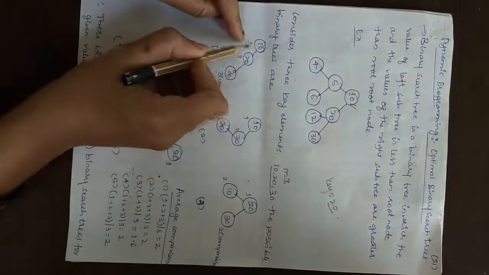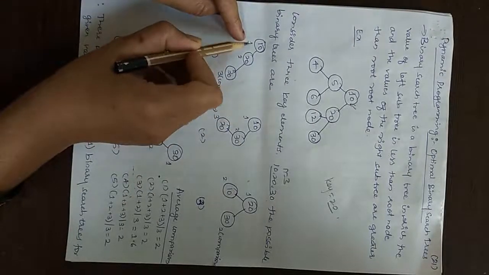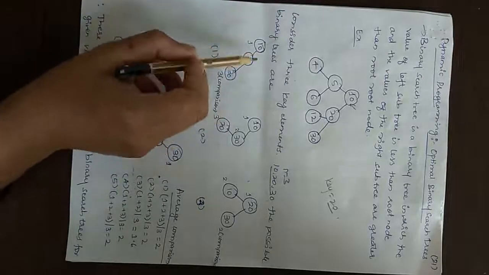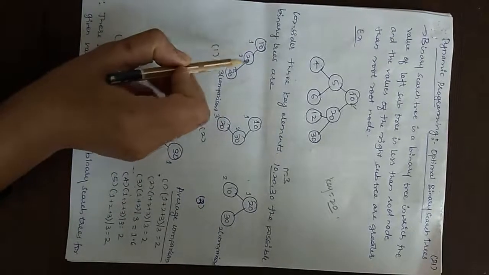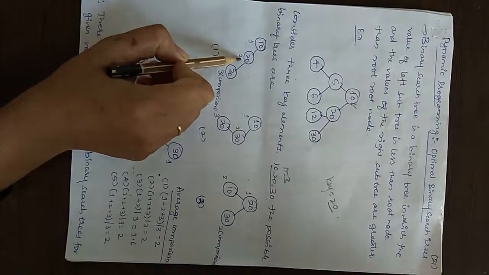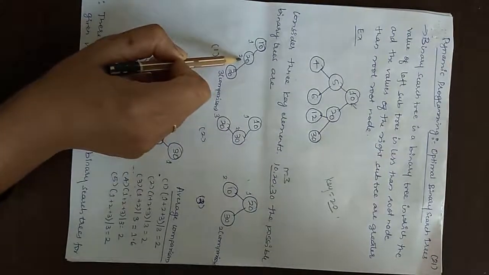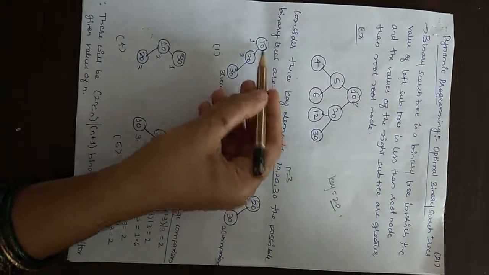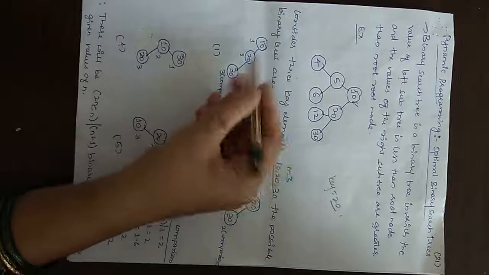All are binary search trees. Now let us see how many comparisons we require for each of these organizations. Suppose I am going to search 10 here, it requires 1 comparison. If I am searching 20, it requires 2 comparisons, because first I compare it with 10, it is not matching, so next I compare with 20. So 2 comparisons will be required here. For 30, if you are searching, 3 comparisons. So for 10, 20 and 30, 3 comparisons will be required. Same for this one also.